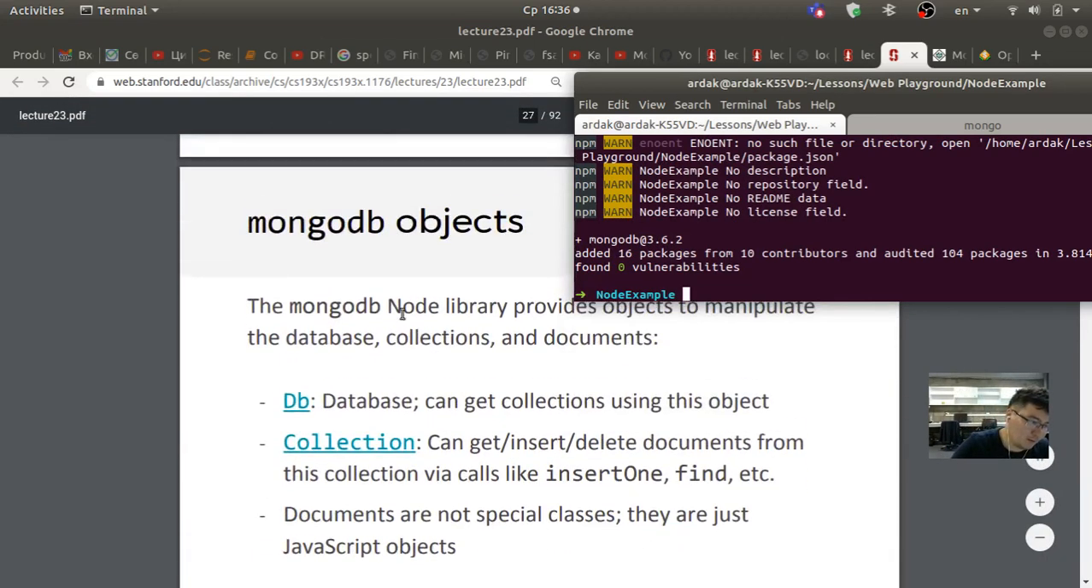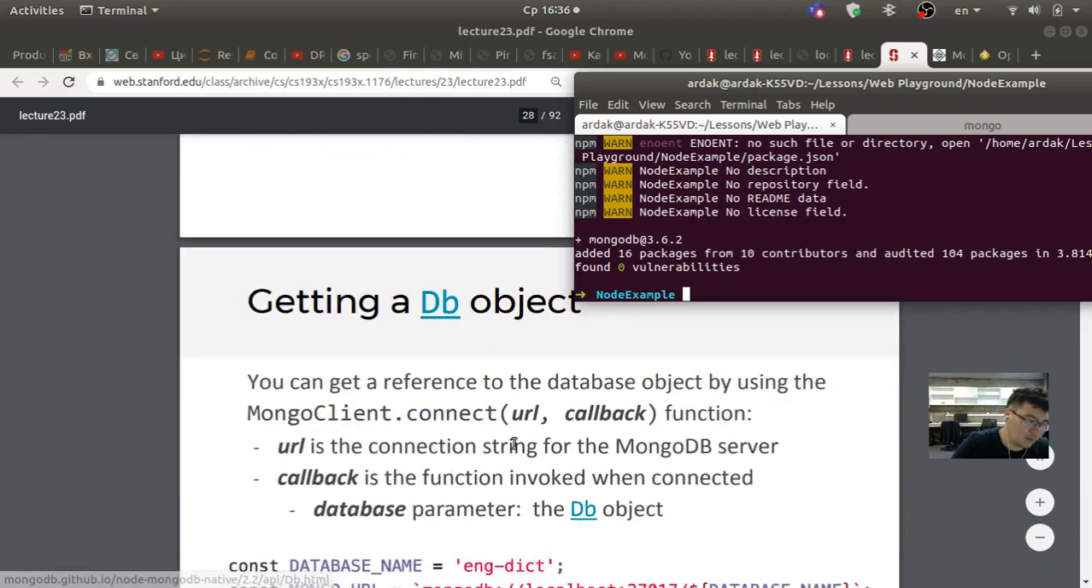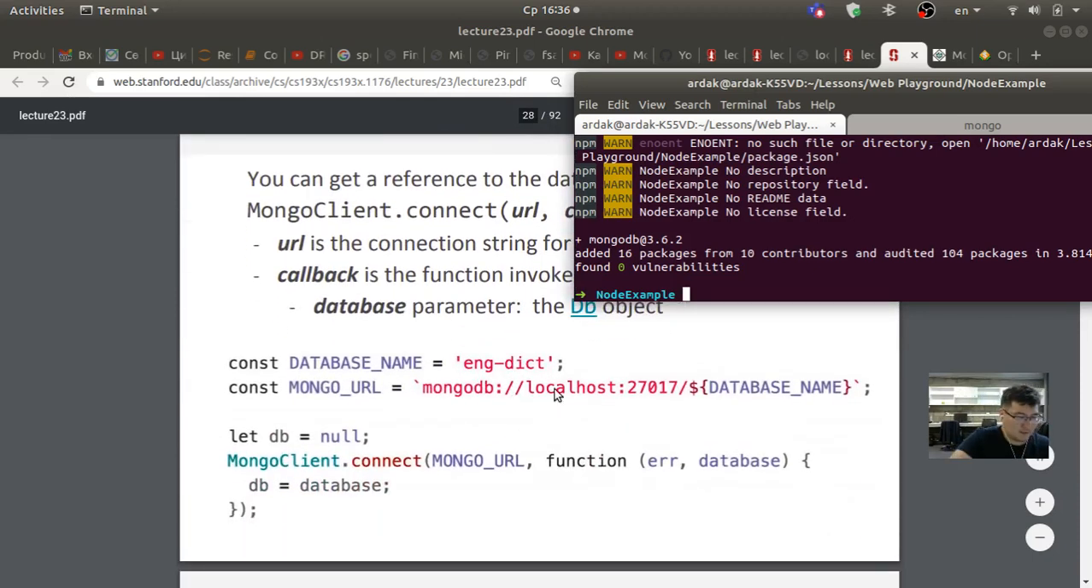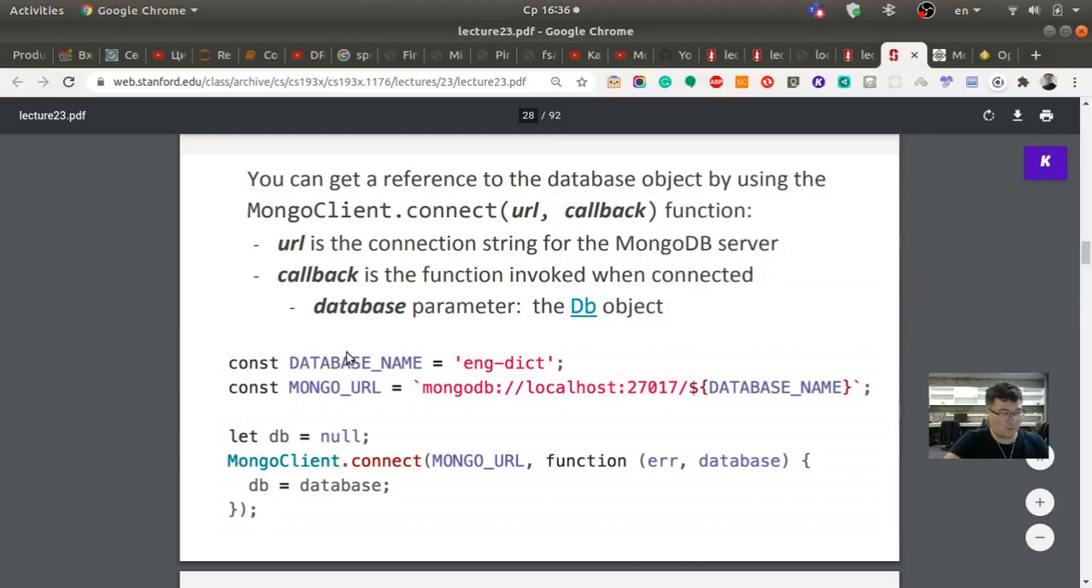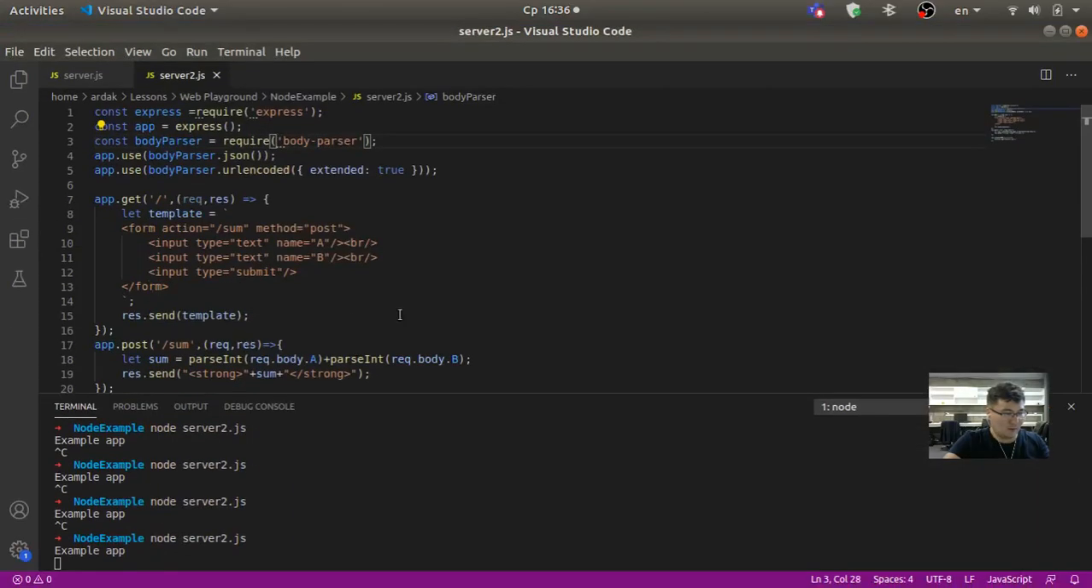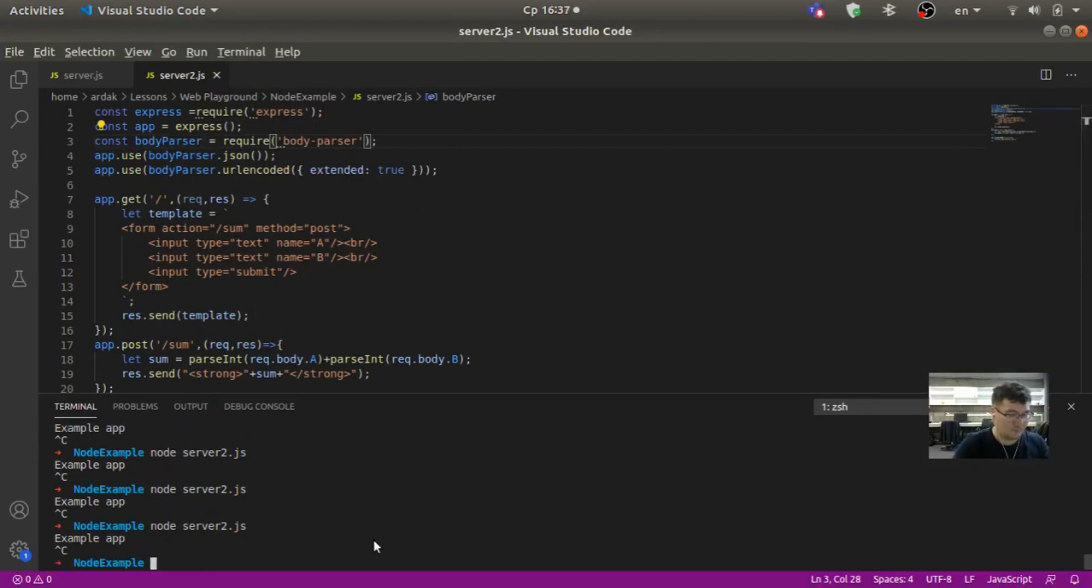Okay, database, collection, documents, and let's see. So this is some code. Okay, and I write, okay, and I have to. So we have